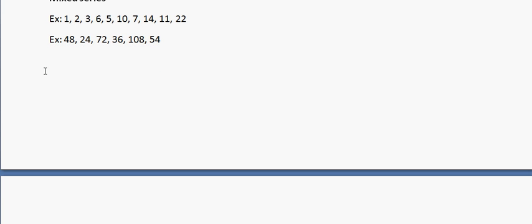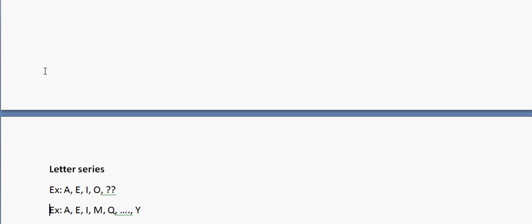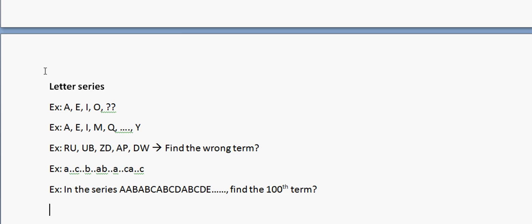So this is all about number series. We have characterized a few series so that it becomes easy for us to look at a logic. Having said that, we cannot be very sure, or we cannot practice all the logics, because an examiner can twist a series in any way, right? So you might not get the right answer in these kinds of questions. The other common kind of questions asked in exams is letter series.